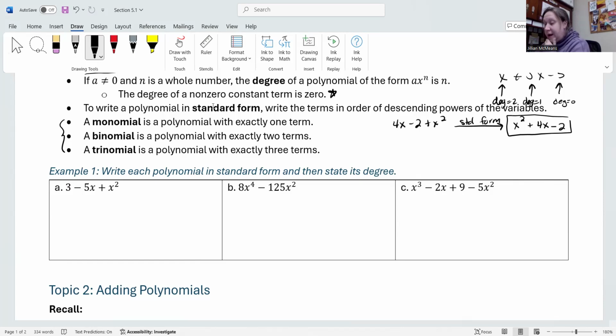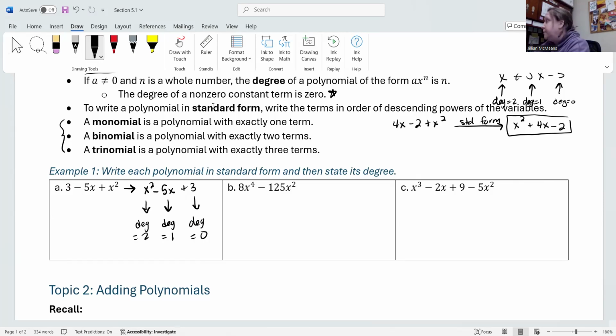First, part A, we have 3 minus 5x plus x squared. We want to start by putting this in standard form. x squared has the largest exponent, so I would start with that. Then minus 5x has the second largest exponent, and then you always end with a constant. The degree of the first term is 2. The degree of the middle term is 1. And the degree of the constant, remember, the degree of a non-zero constant is